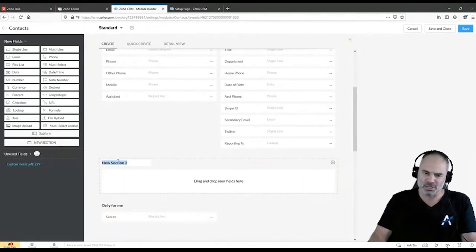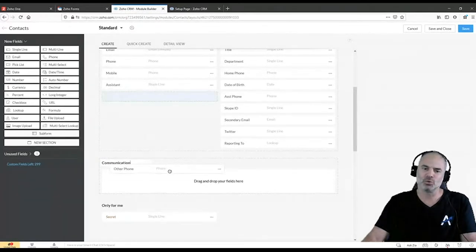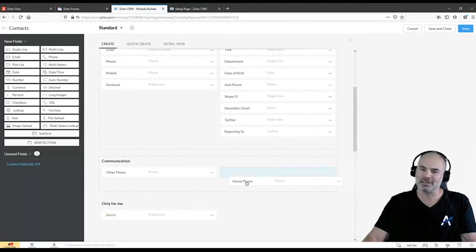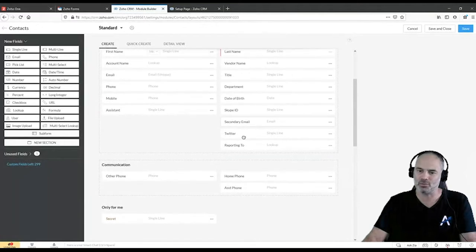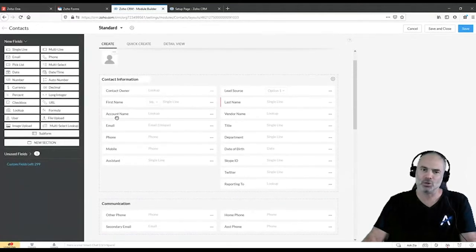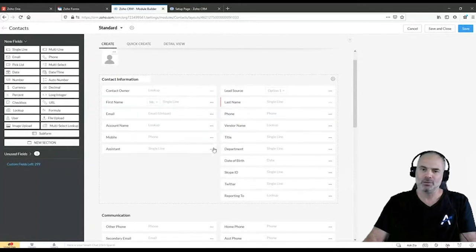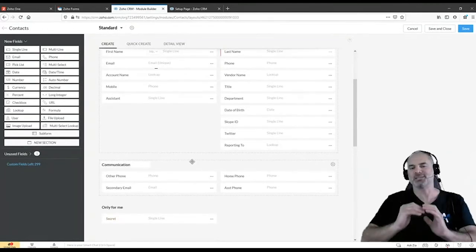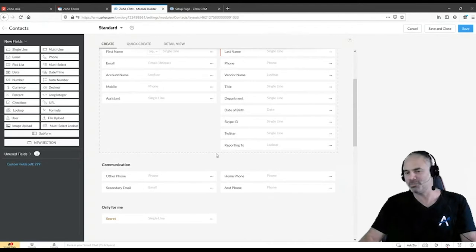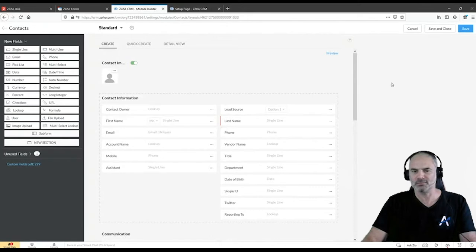Create a communication section and drop all the irrelevant phone numbers there that you may need in the future but not right now. At the top, you have your email and your phone number, so you have what you really need, and the rest is buried at the bottom in specific sections that will not bother you. That works pretty well.